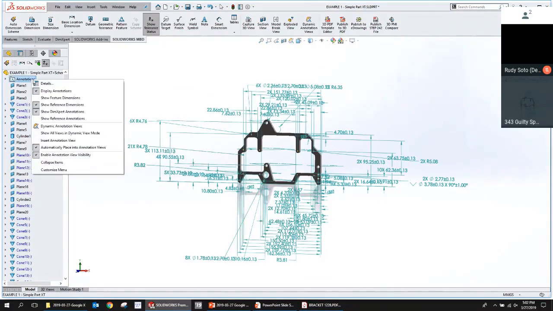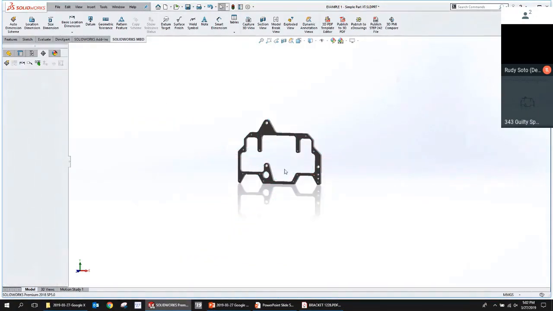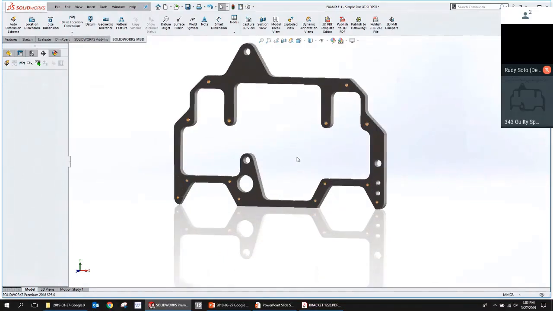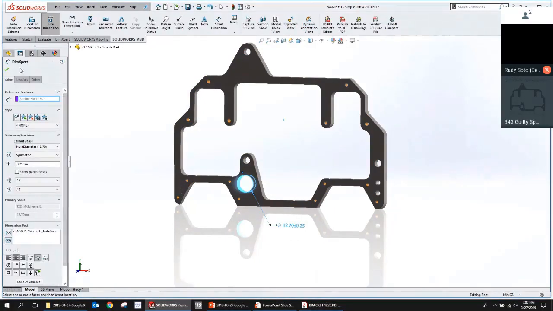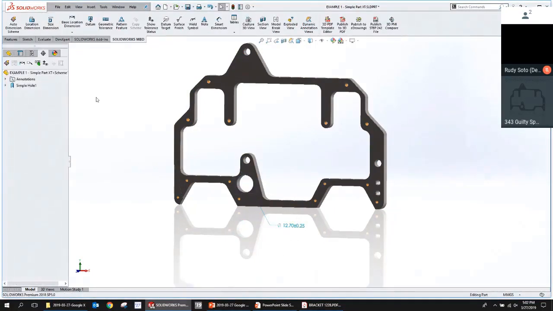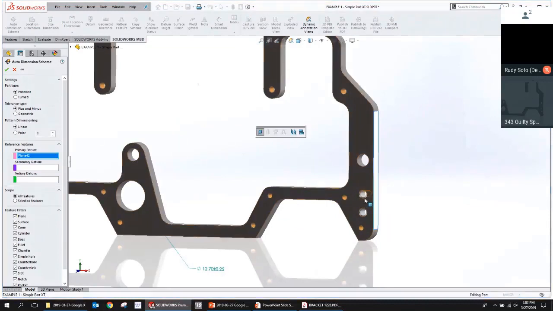So now let's be a little bit more specific as to what we want dimensioned. There are two ways we can do that. We can come in here and use these dimensioning tools, like I could use a size dimension tool, for example, and pull off a size of this circle, of the cylinder. So we can just do one at a time and start punching in our values. Or when we go to the auto dimension command, we can specify certain features that we want to have dimensioned.